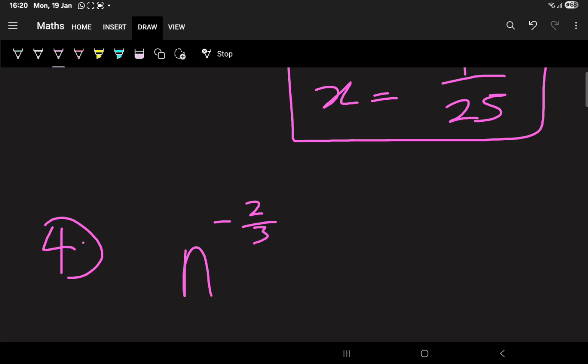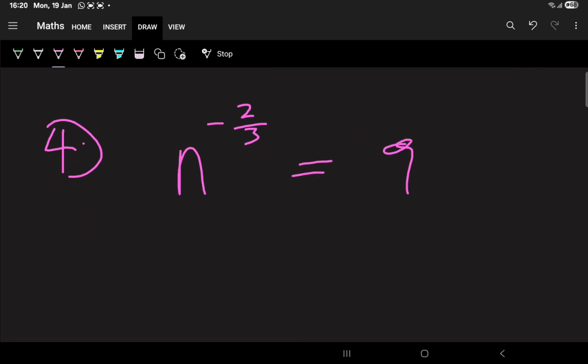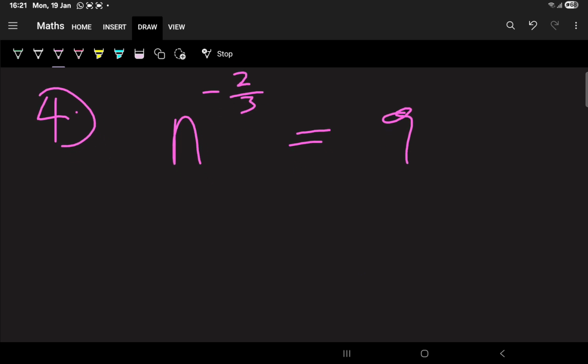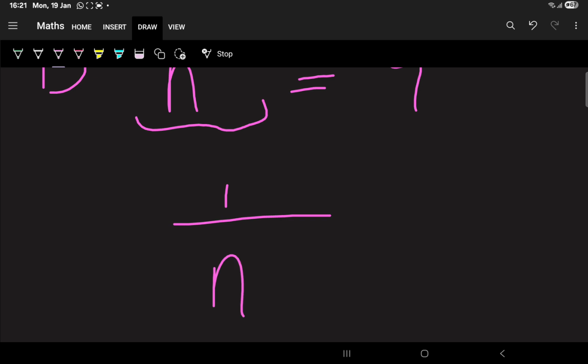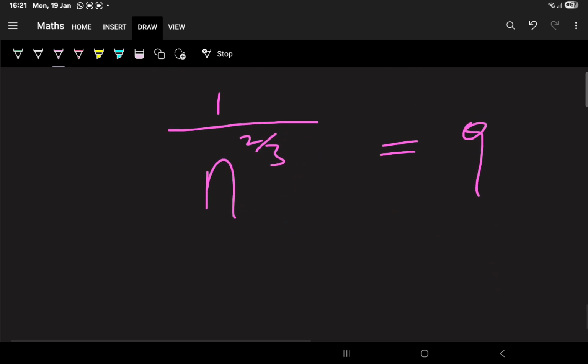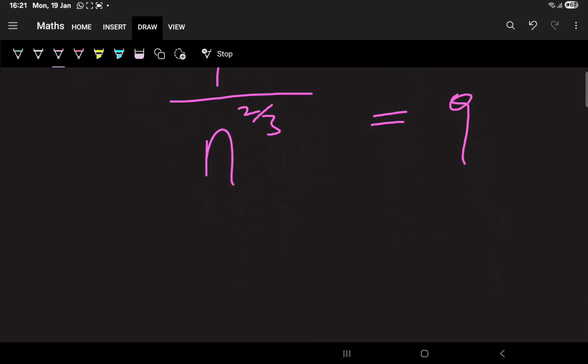Now, question 4, we have n to the negative index of 2 over 3 equals 9. Again, please feel free to pause the video and attempt it for yourself. Negative index, so we're going to take the reciprocal of this. Now this is going to be 1 over n raised to the power of 2 over 3, and this is equal to 9. Now, from the law of indices, we can express this as